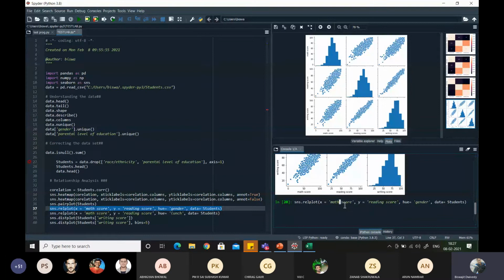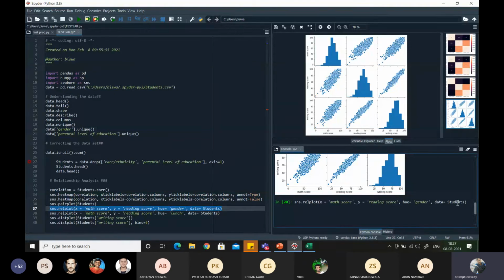And how we are going to plot this: we are going to relate the two variables. First is your math score with your reading score, and there is another thing we are assigning, that is your hue. Hue means whatever plots are going to be done, those are going to be discriminated according to the gender variable.